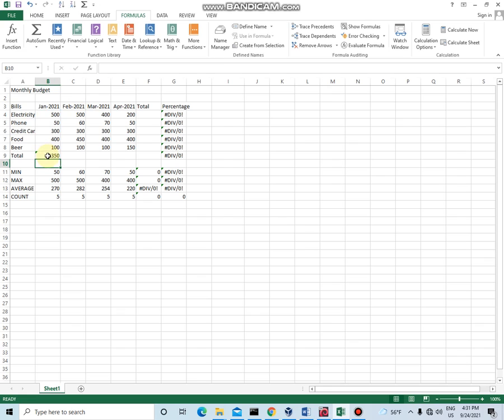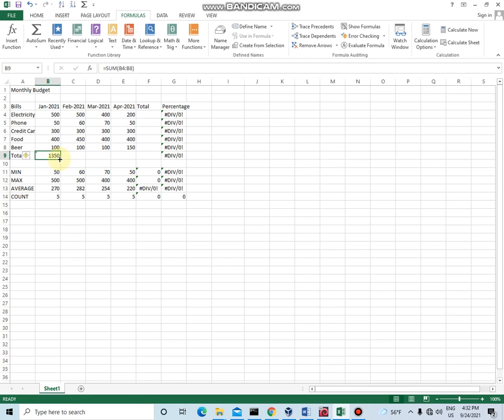Now I want to copy this formula from this cell to other cells, and I could show you how we can do that, but today we will use the autofill function, or autofill command, autofill feature. So when I click on this box and I get to this corner, you see the plus sign shows up.